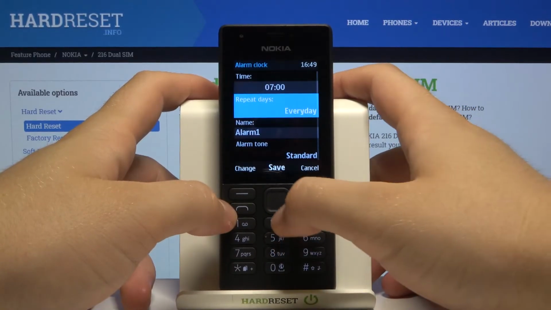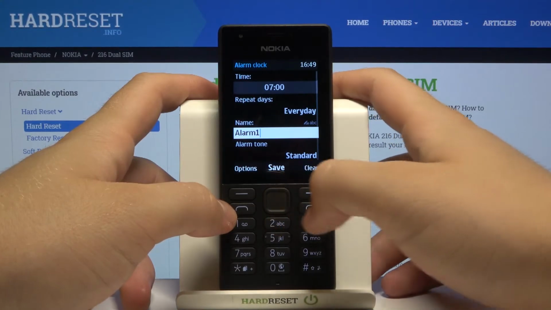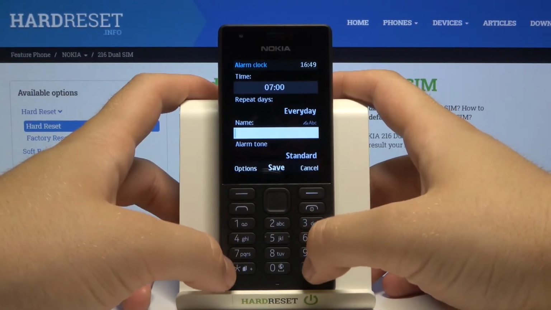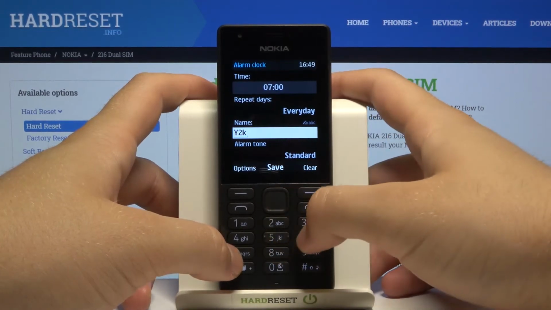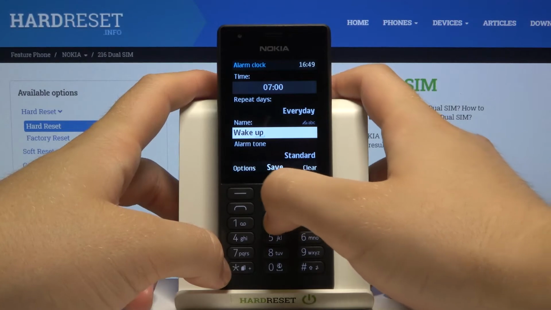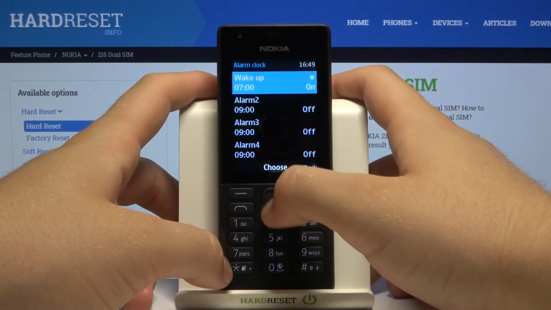Then click done to confirm. As you can see right now it's set up on every day. You can also rename that alarm. So we can type here wake up. And when you scroll down, right now we have to click save to confirm, and also